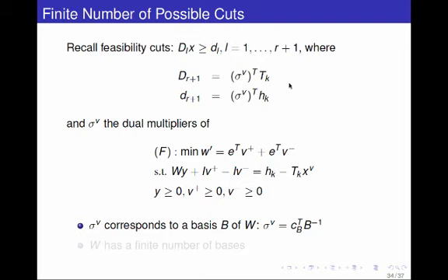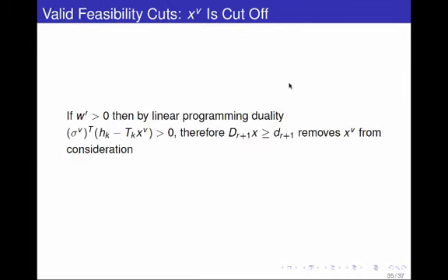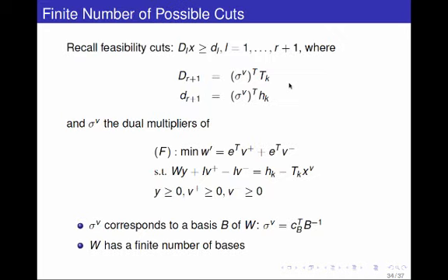But at the same time, I want to make sure that I don't move this line somewhere where it cuts off stuff that should be considered. That's the geometry of what I'm trying to show to you now. So there will be finitely many of these lines generated, but we don't want to cut off feasible candidates. And the way to see that is the following. The argument that this XV is on the other side of this inequality is fairly easy, and it follows